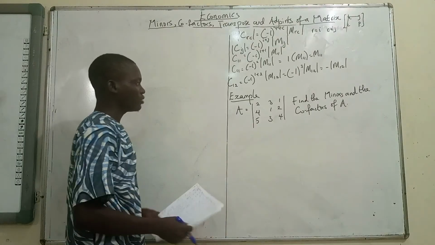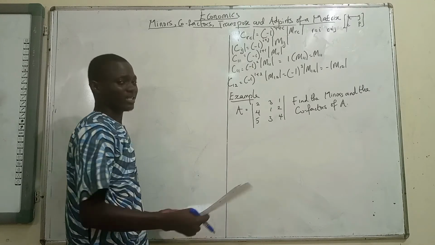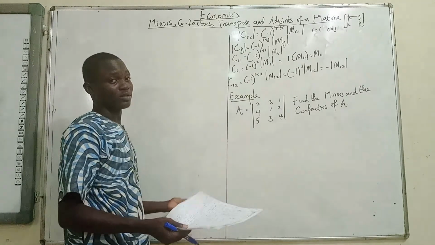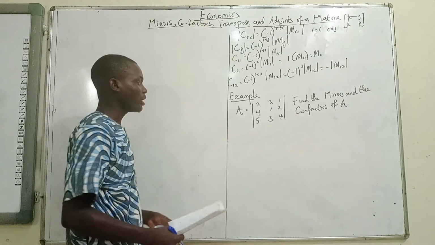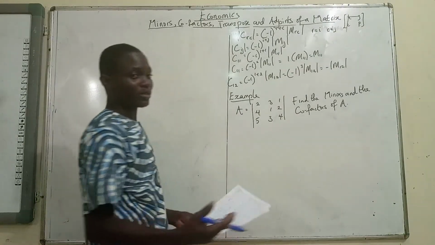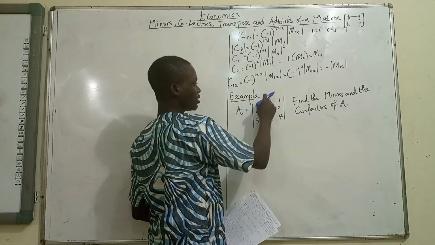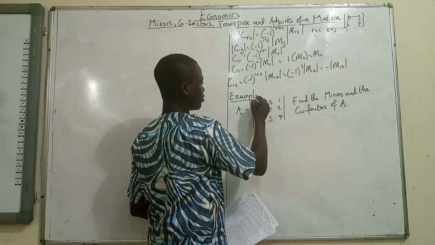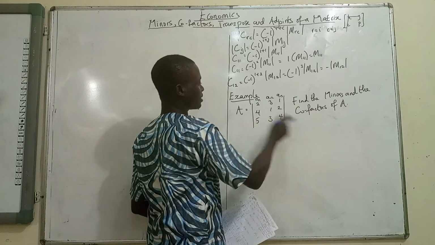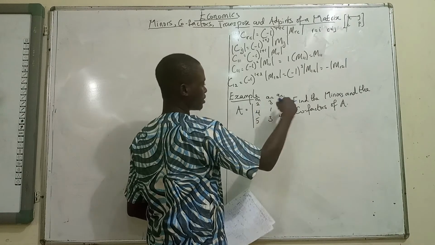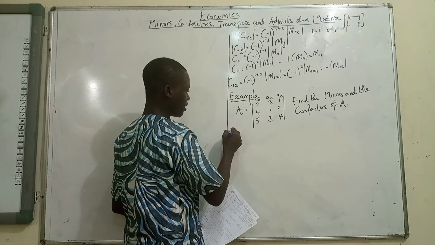This is our example. A equals this, so we have to find the minors and the cofactors of A. Actually, the question could just have been find the cofactors, simply because in trying to find the cofactors, you'd have obtained the minors anyway. So we start to do our crossing out. Recall that this is A11, A12, A13, and on and on like that, A21, A22, A23, and what have you. So what we are going to do now is our M11